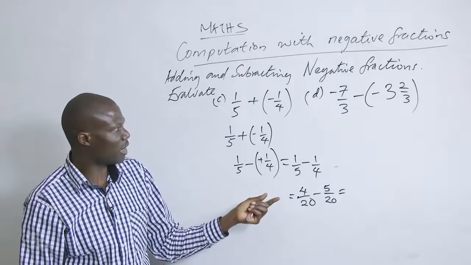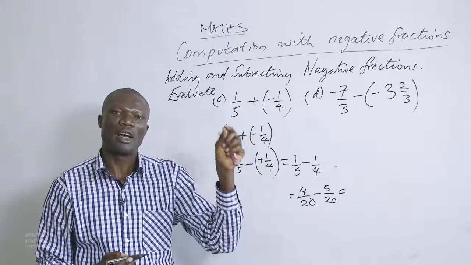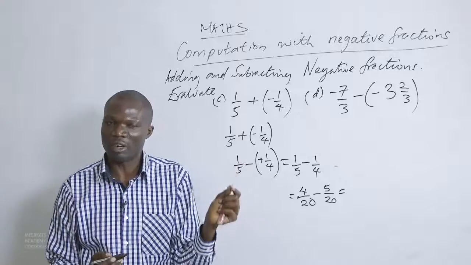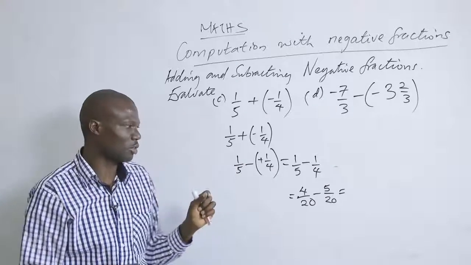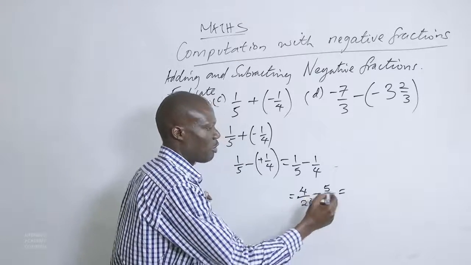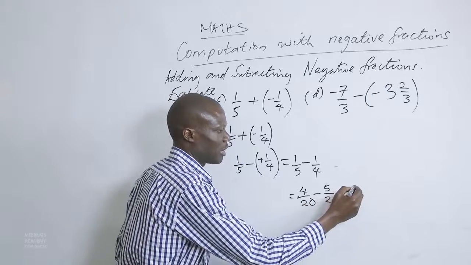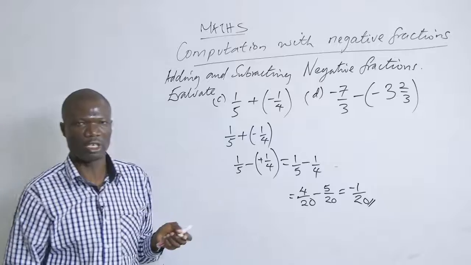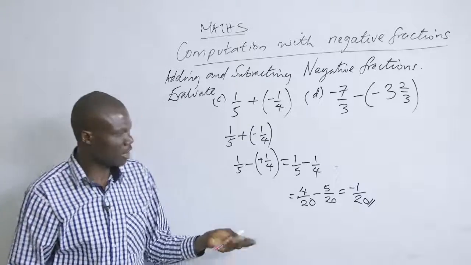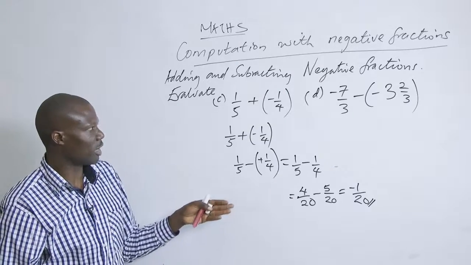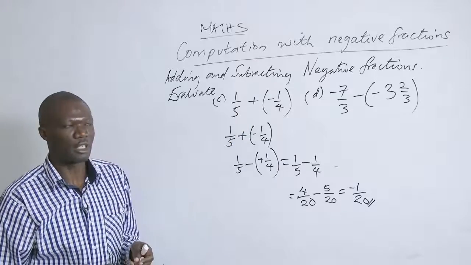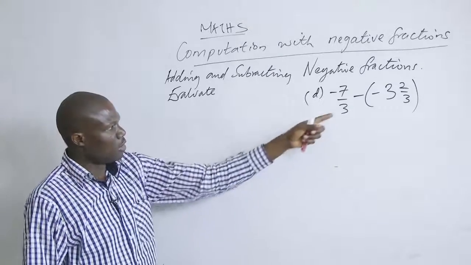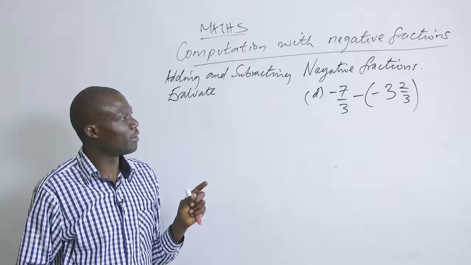Now this is the case of subtracting a larger fraction, which implies that we shall have a negative fraction. So this one gives us 4 minus 5, which is negative 1 over 20. Negative 1 over 20. So that is what we get when we do the subtraction of the above fractions. Looking at the second one there,